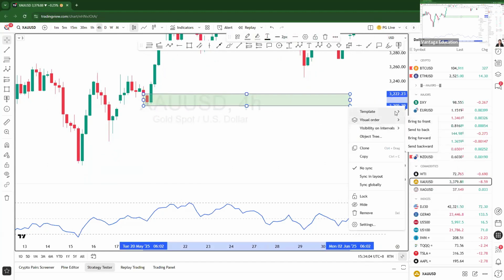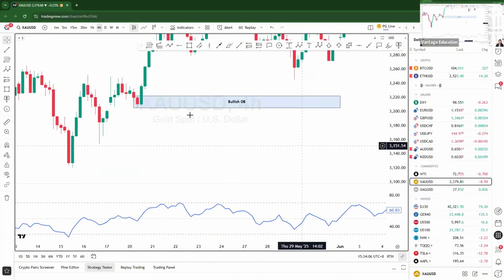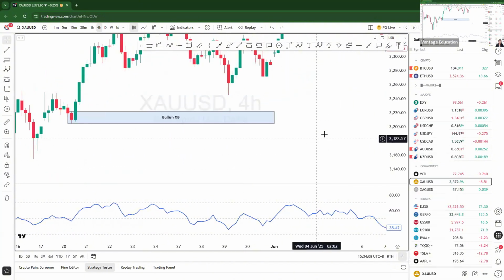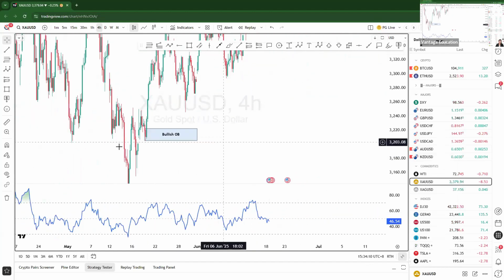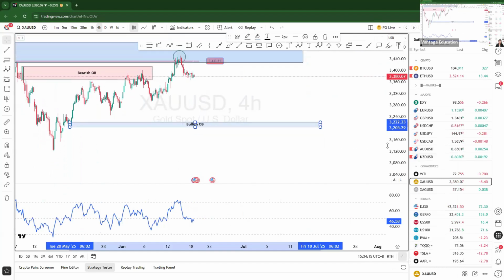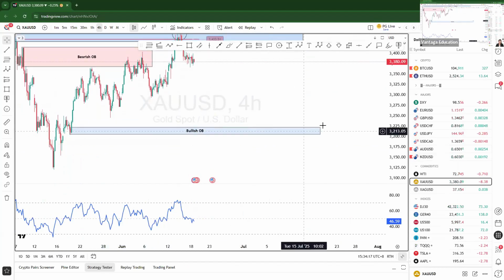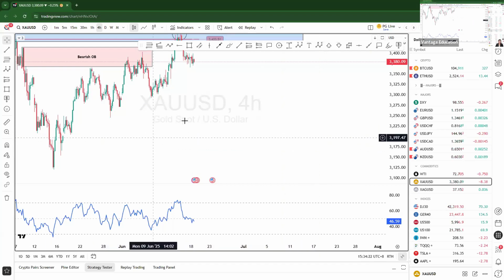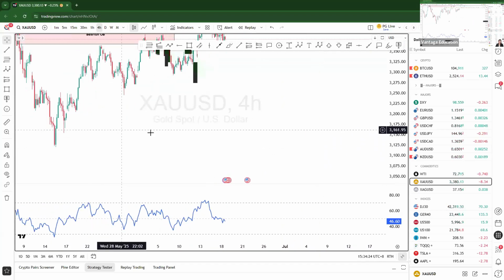My demand zone I will call the bullish order block. That's why they identify your bullish order block here. Okay, so basically this zone is still fresh. Whenever price comes in the future, we may consider buying at this level. This is a demand zone, but there's a reason why price